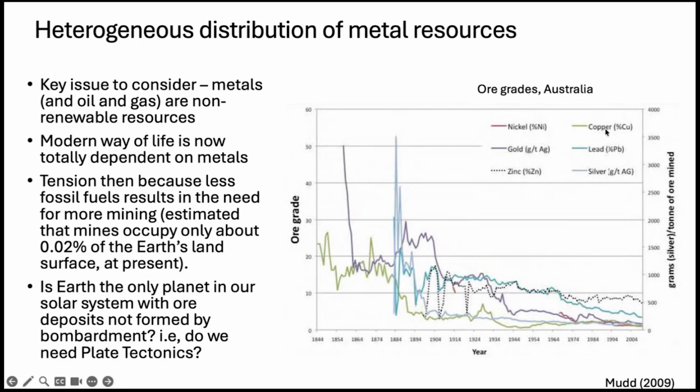So why do you think that is? Anybody have some thoughts? You go for the easiest and cheapest stuff first. Yeah, all the near surface stuff is being mined out, and we have to go deeper and deeper. Or in a mature mining camp, the high grade stuff is mined first, and then the initially less economic stuff is mined, because it's cheaper to continue mining than it is to build a new mine.